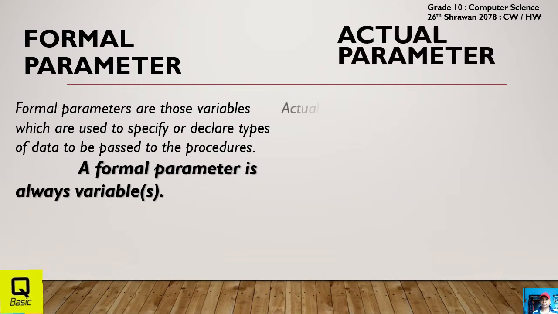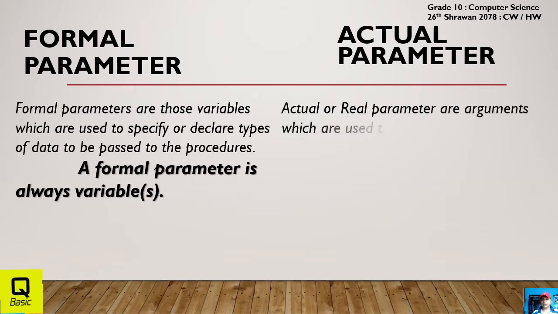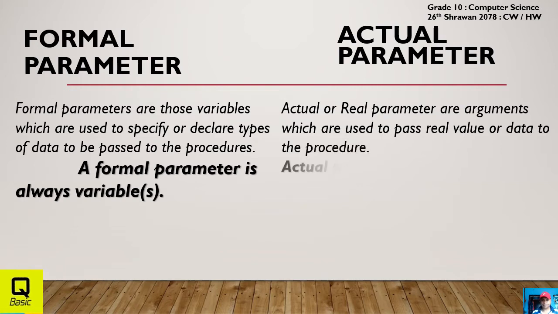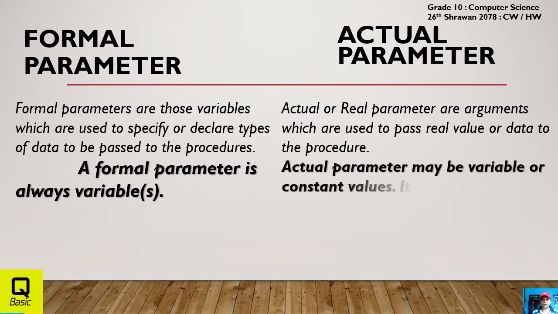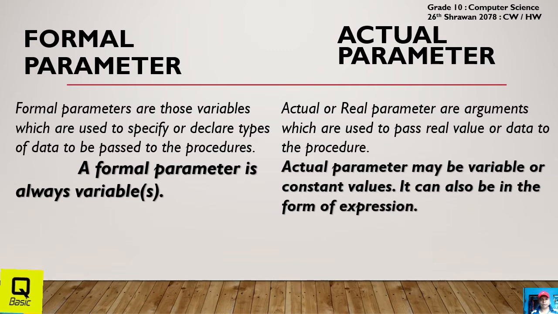Actual parameter. Actual or real parameters are arguments which are used to pass real value or data to the procedure. An actual parameter may be variable or constant values. It can also be in the form of expression. Okay. Now next,